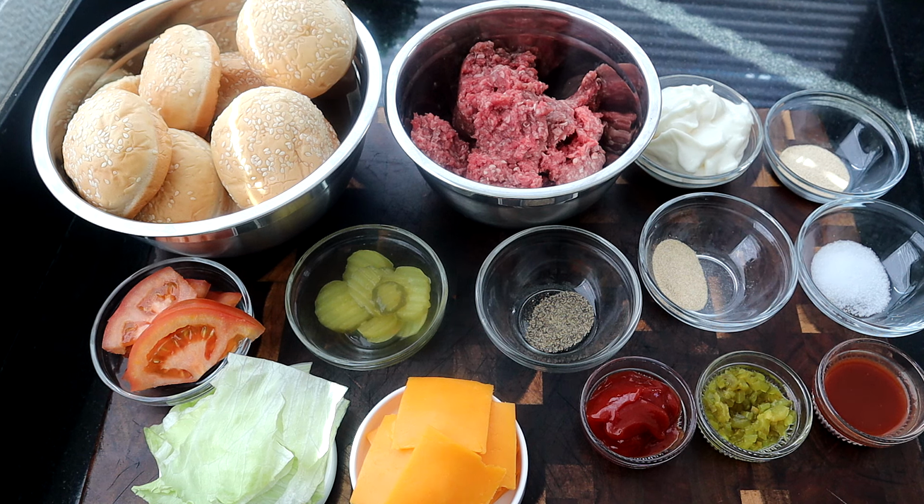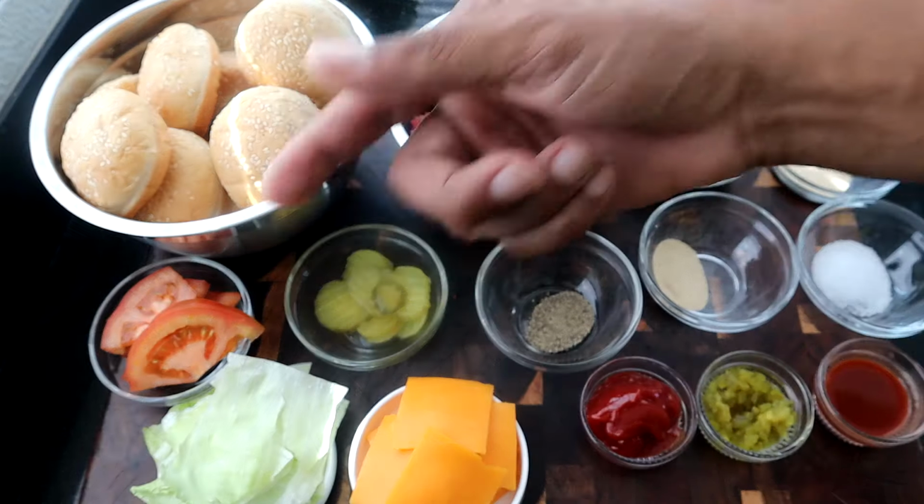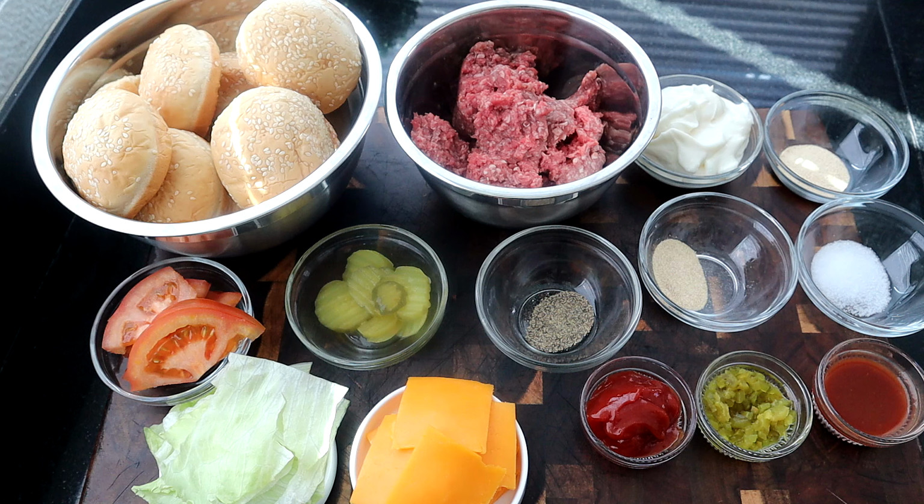Also, I have about 16 to 20 ounces of ground beef right here. Now, each one of the patties are gonna be about 2 ounces. That's typically what a mini burger is, about a 2-ounce patty. I have a half a cup of mayo here. I have a teaspoon of garlic powder, a teaspoon of salt, a teaspoon of onion powder, half a teaspoon of pepper, a tablespoon of hot sauce, a tablespoon of dill relish, not sweet relish, you want the regular relish, 2 tablespoons of ketchup. I have some pickles here, tomatoes here, lettuce here, and I have some cheddar cheese right here